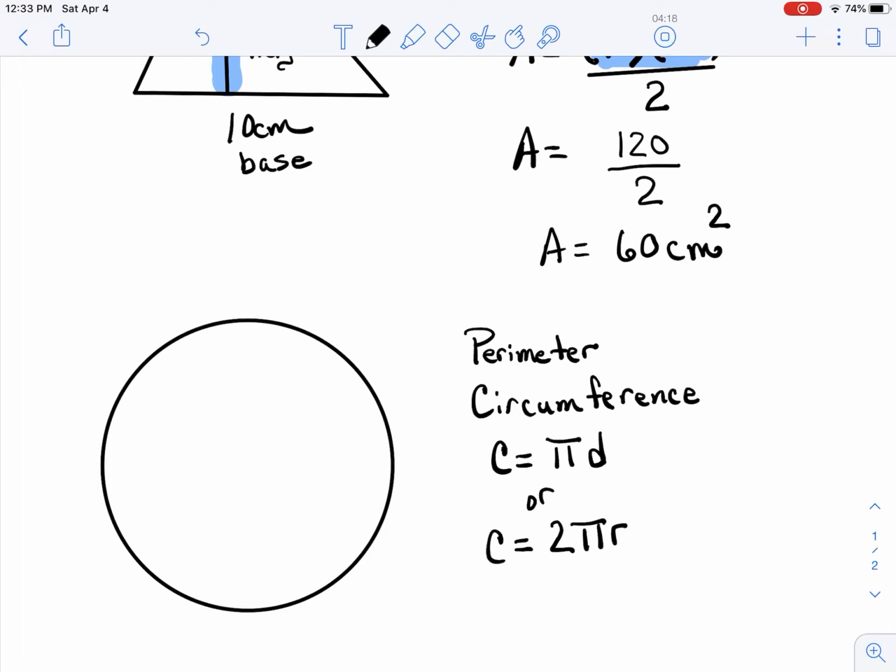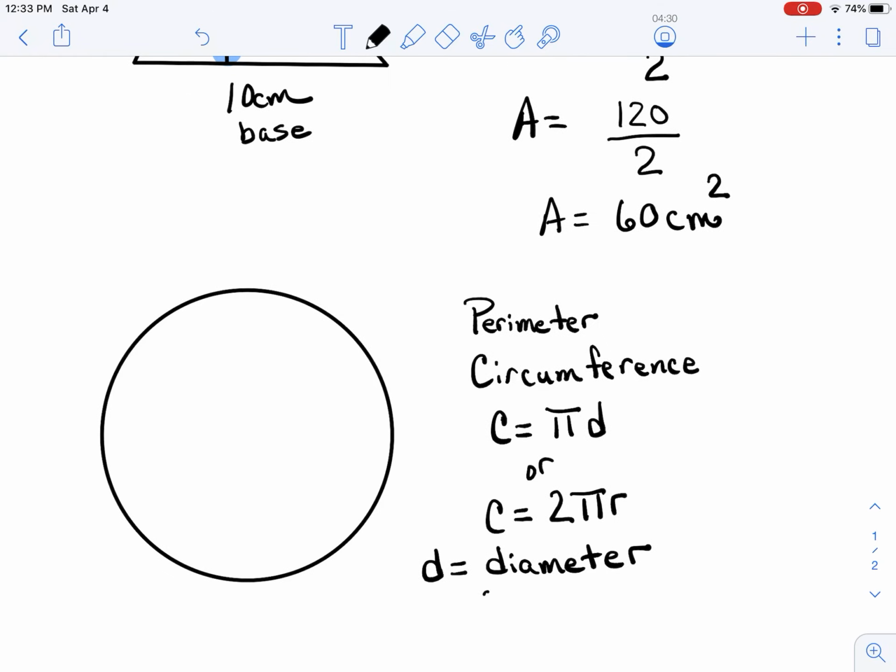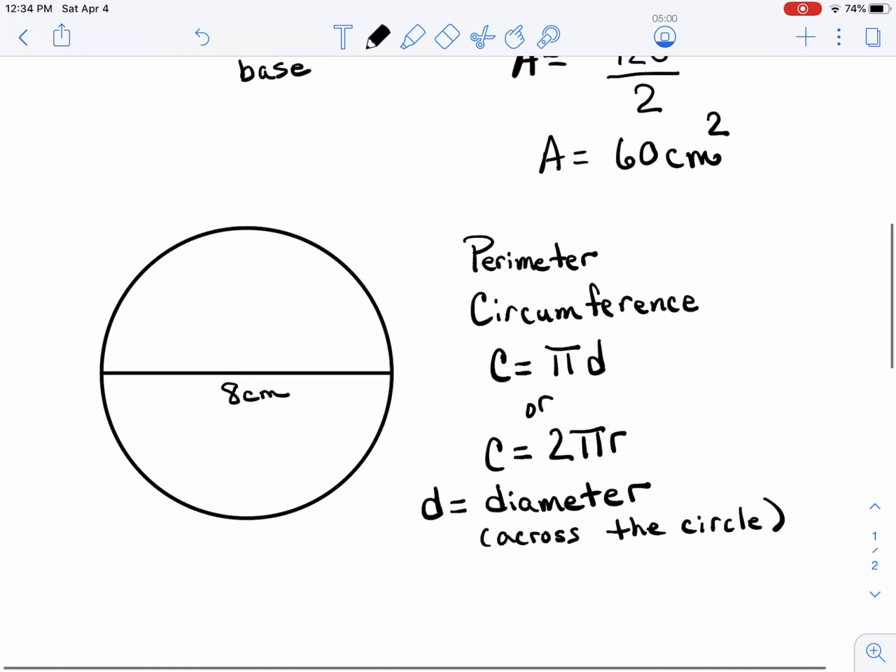So when you're looking at a circle, the d in any circle for a formula is going to stand for the diameter. So the diameter is going to be that distance across the circle. So if you've got this circle here and then they draw the line across, because the line went from one side of the circle to the other, that means they're going to give you the diameter. So if they have that line drawn across and they say it's 8 centimeters and you want to take the circumference,